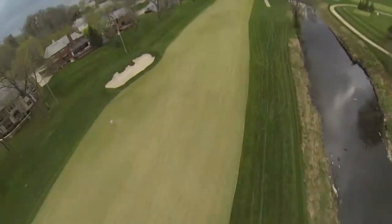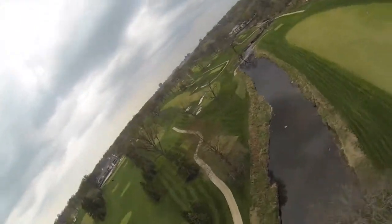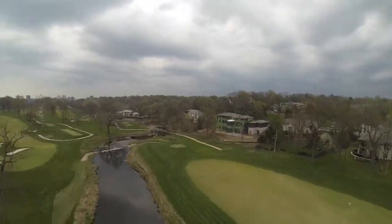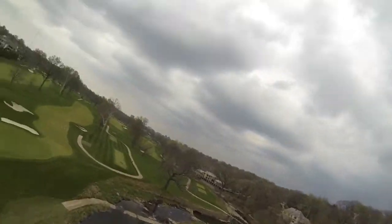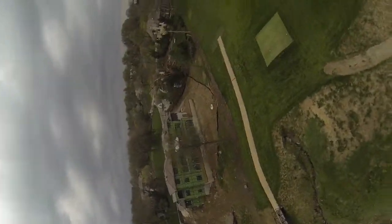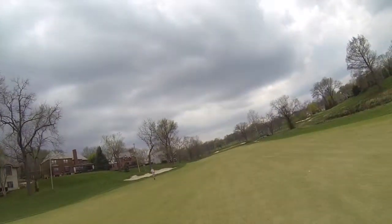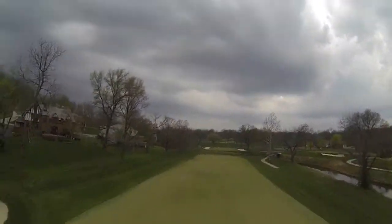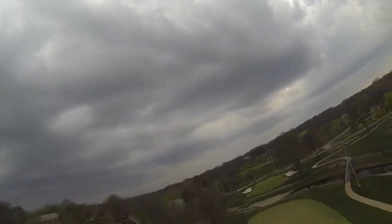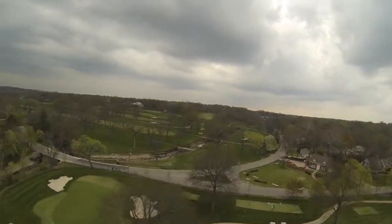I know a lot of you guys want to know flight times. If you're flying very aggressively like I am in this video, with a lot of loops, a lot of rolls, a lot of full throttle flying, you can expect 9 to 10 minutes. With smoother flying, you can get 10 to 12 minutes, and if you really try to push it, you can get 15 plus minutes, and that's all with the